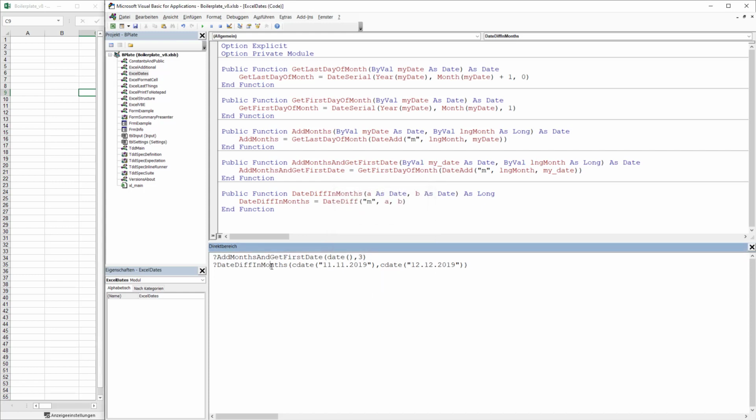Okay, date difference in months. It expects date and date. Okay. Yes, and we get a difference of